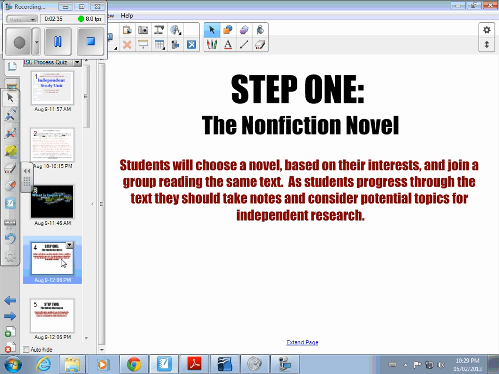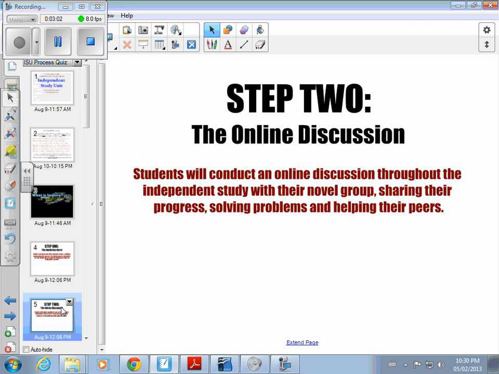So naturally, our first step is going to be picking our novel. We'll choose one of the novels. There will be a limited number of people per text. It'll likely be 4 or 5 people per text. And then you're responsible for finding a copy of the novel. So you can find a copy at Chapters or Indigo. You can find a copy at a used bookstore. You can find a copy at the library. Many of these are newer books, so they may not be as readily available as older books.